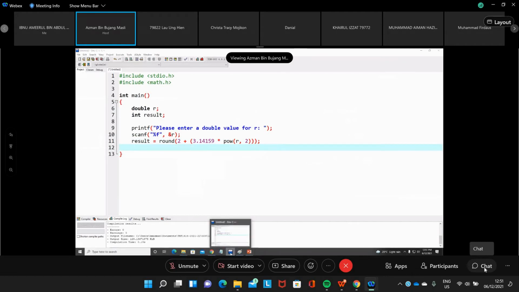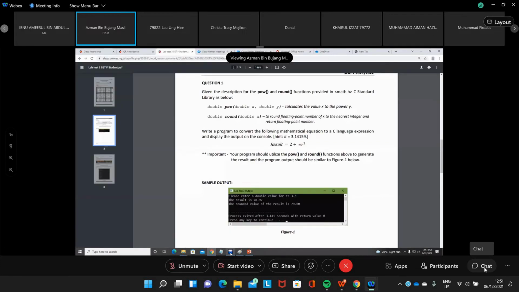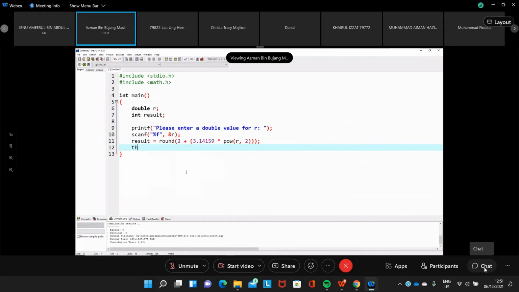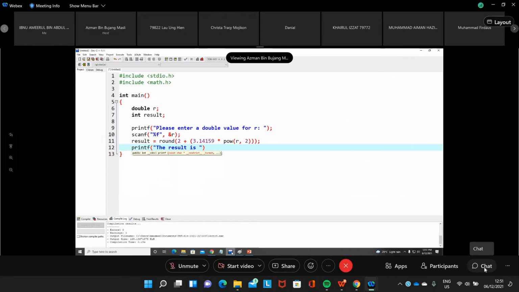Then we need to print out the result with printf.